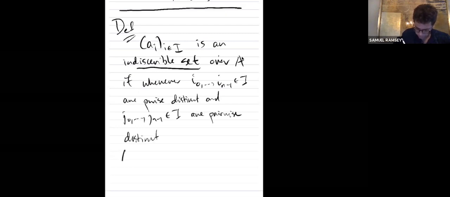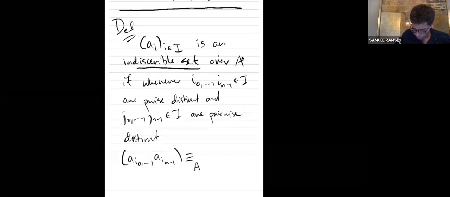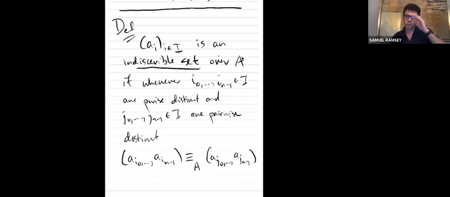When I look at the tuple indexed by the I0s, and the tuple indexed by the J0s, they have the same type. So what's different here than the definition we had in the very first lecture of the notion of an indiscernible